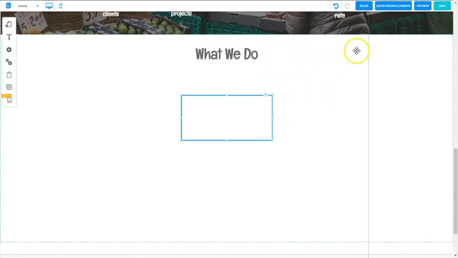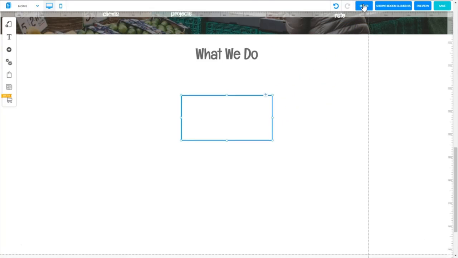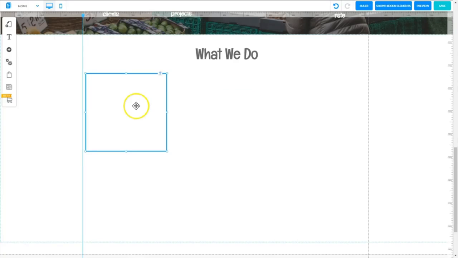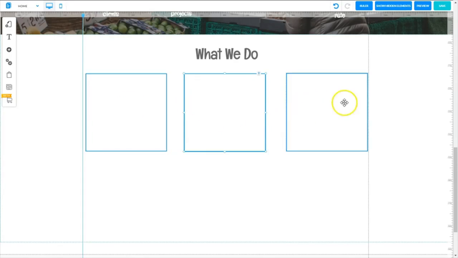Now, one thing I'll definitely want to do is activate my ruler, and I'll want to make sure I put a marker here on my left-hand side that will keep me aware of where my left-hand margin is. So that would be right at the 0 point. Let's adjust our box and make it a little longer, but a little narrower. And remember, we're going to want to be able to get 3 of these boxes in our column. So let's see if we can do that. Let's duplicate it. And again, yes, it looks like we can easily put 3 boxes right there on that page,